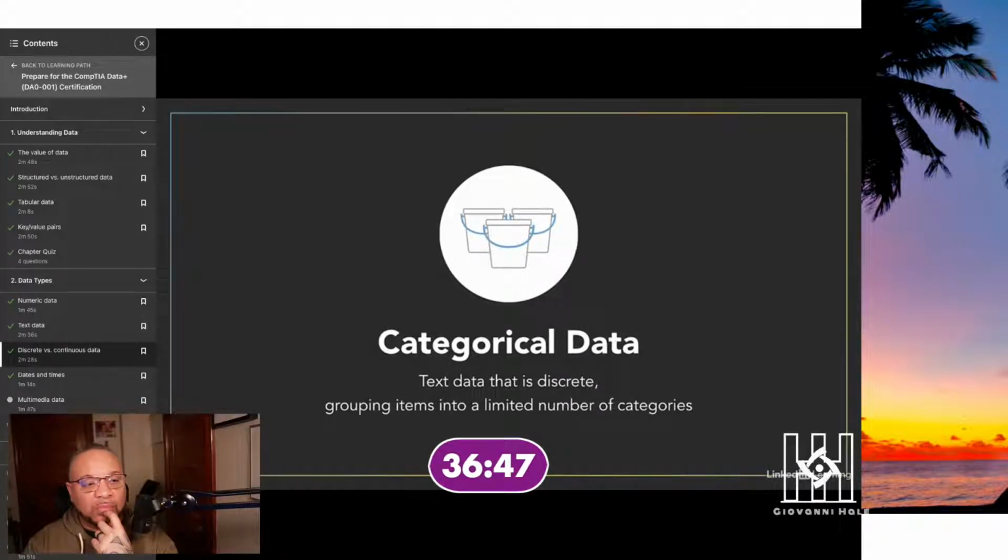Similarly, we might categorize household pets into the categories of dog, cat, bird, reptile, and snake. The important characteristic of categorical data that differentiates it from other text is that there is a limited set of values from which we can choose. A person's name, for example, would not be categorical because there are an unlimited number of possible names.